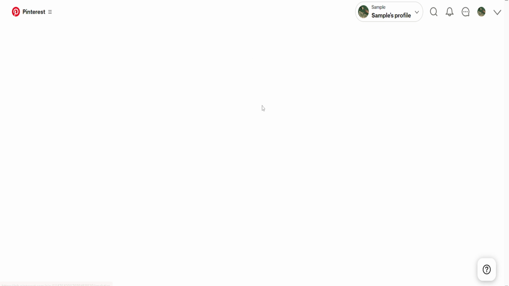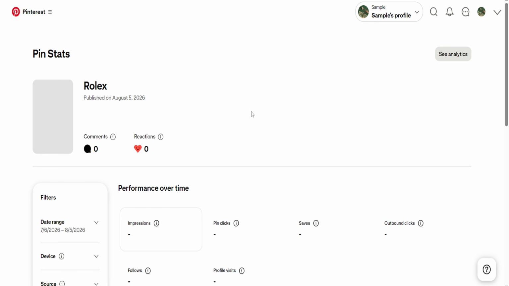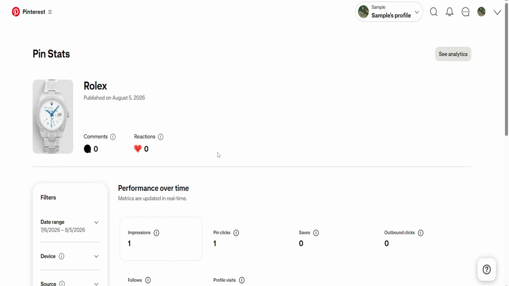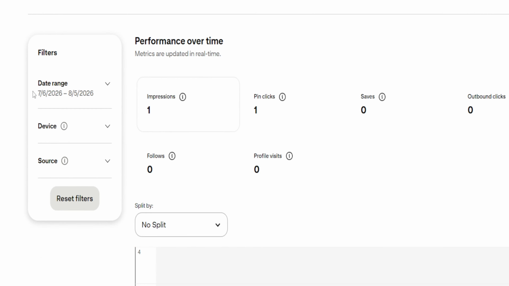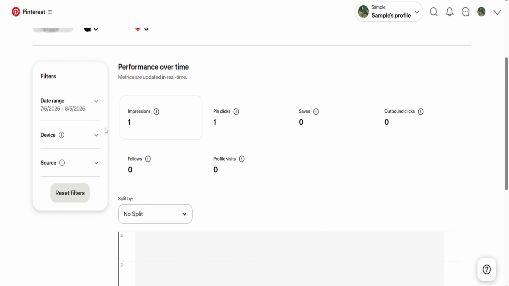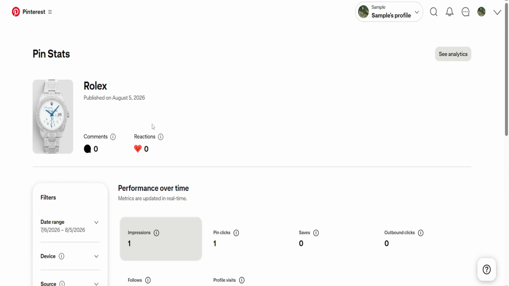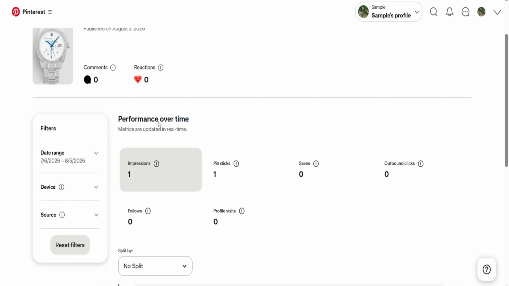And that's all there is to it. Open Pinterest, go to your profile, tap Created, open the pin, select pin stats, and then review the published date in the analytics details. It's a quick and simple way to verify when a